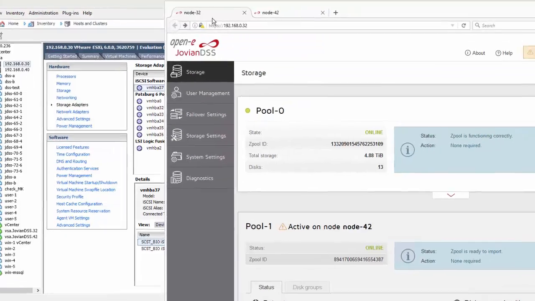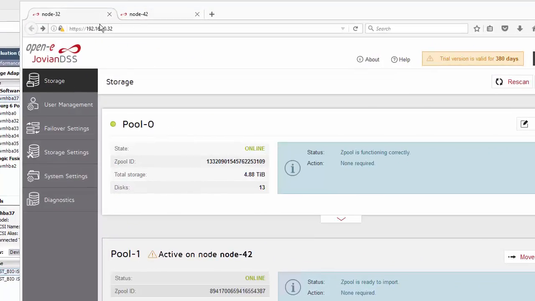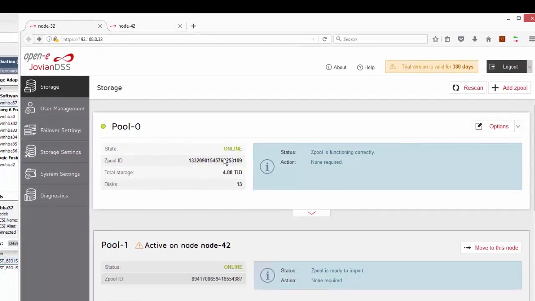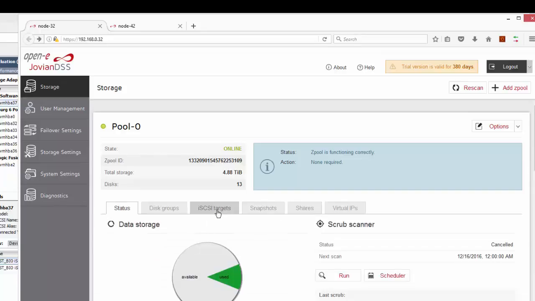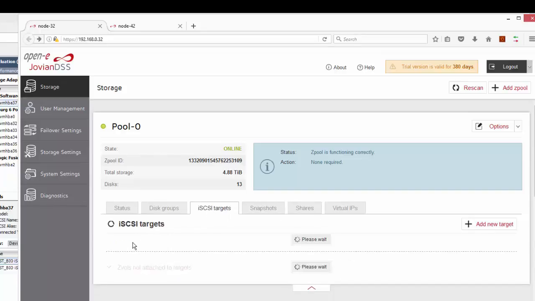That's my Jovian cluster 32 and 42, both nodes, and we have two pools. Pool 0 is active on the 32, and pool 1 is on the second one, right? On pool 0, I have one iSCSI target with two volumes.